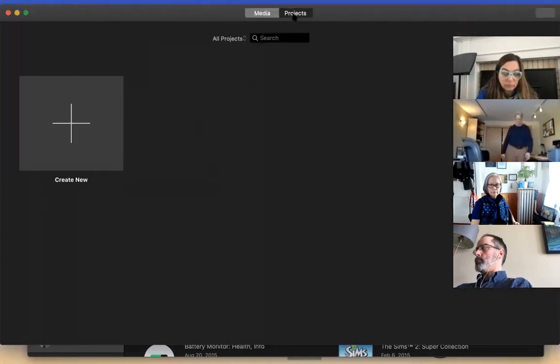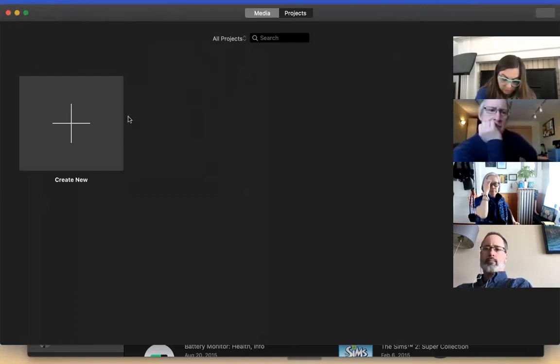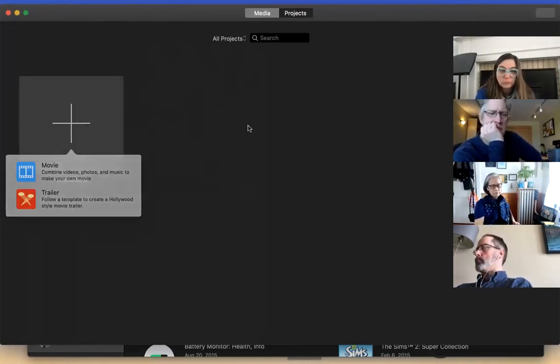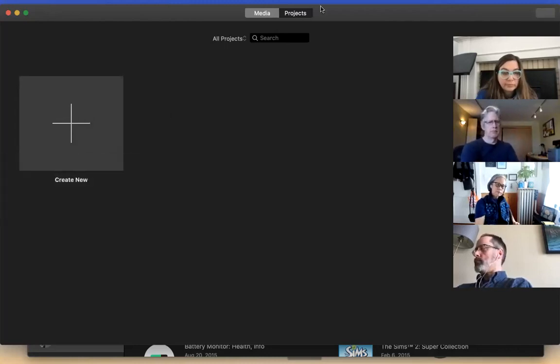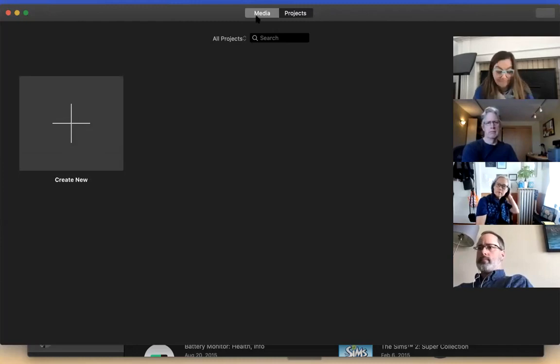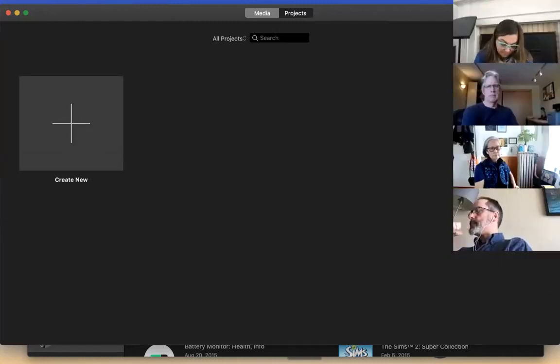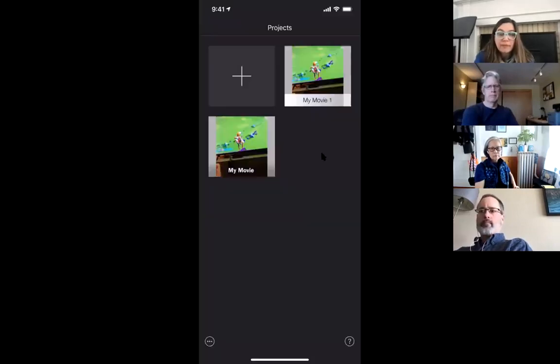But like I said, when you open it, normally you'll be presented with this screen. This is the projects view. This is how you create something in iMovie. From here, all you have to do, like it says, pretty intuitive, is click create new. And this is the same on the iPhone as well. When you open up the iPhone version, you'll see, let me just pull that up to show. You will see projects. Like I said, it looks exactly the same on the phone. I'm just loading that up. This is what it looks like.